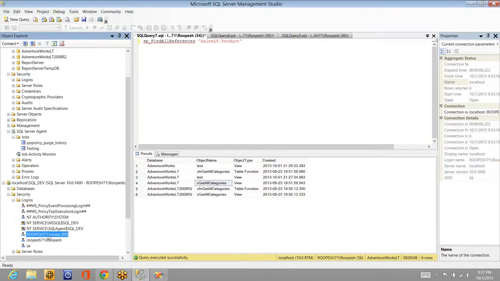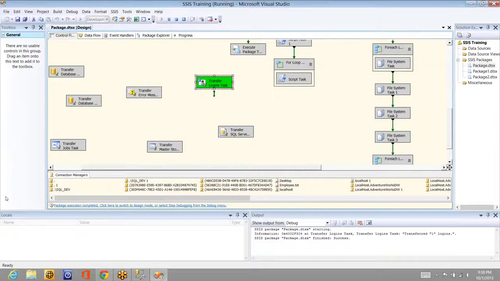So this is how it works. Whenever you're moving one database from one server to another server, you also need to move the logins. So all these tasks are interrelated. For example, you can't simply move the database. You need to move all the jobs, all the error messages, all the logins who have access, or any master stored procedures. If you use one, then you are going to go with all the remaining, else you will not be using anything. That is how it will be in most of the cases.